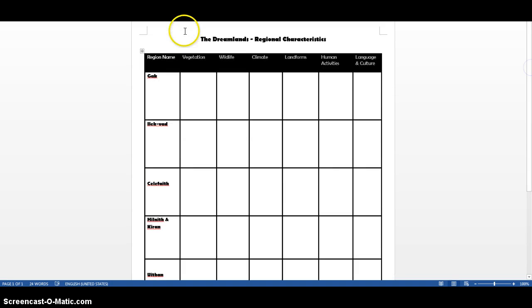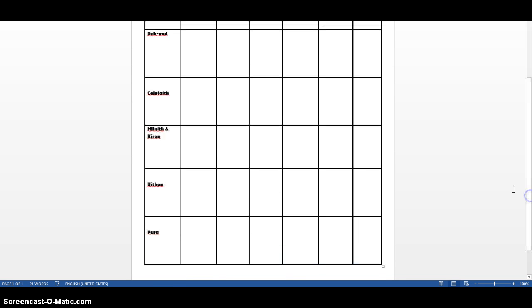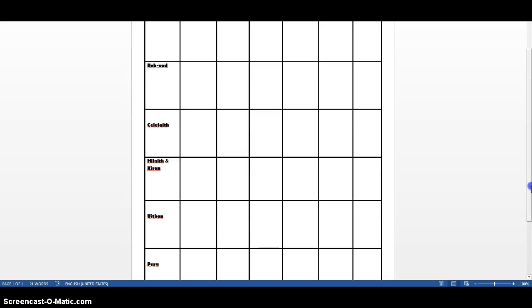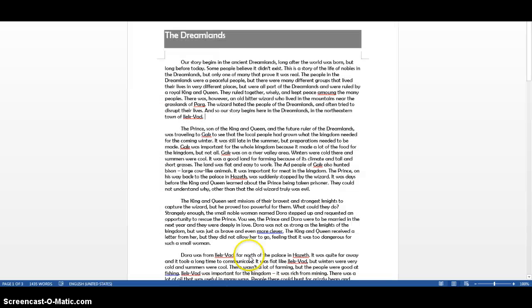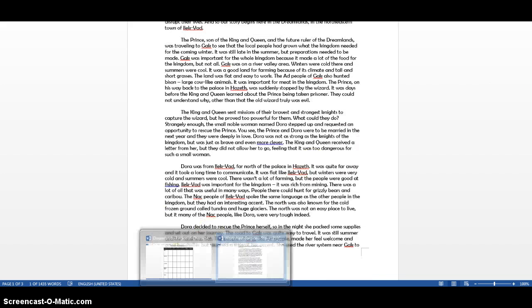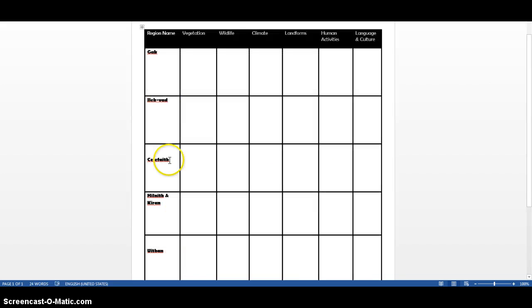Okay? Each of the regions, Gak, Ilikvad, Selafaith, Hilnith, Kiran, Uathan, and Parg, in the Dreamland story are listed here. Okay? So in the Dreamland story, you see Gak. And then as you go down, you see Ilikvad. So this is a paragraph about each of those regions. Okay? Each paragraph has information about each of these regions, and you need to find